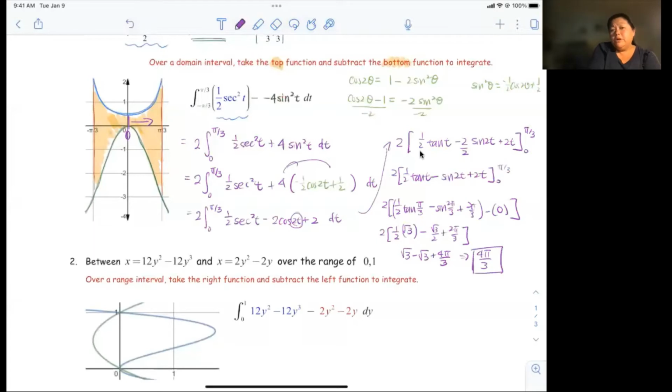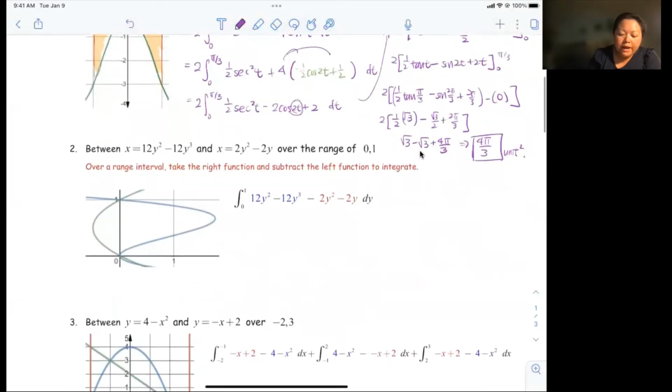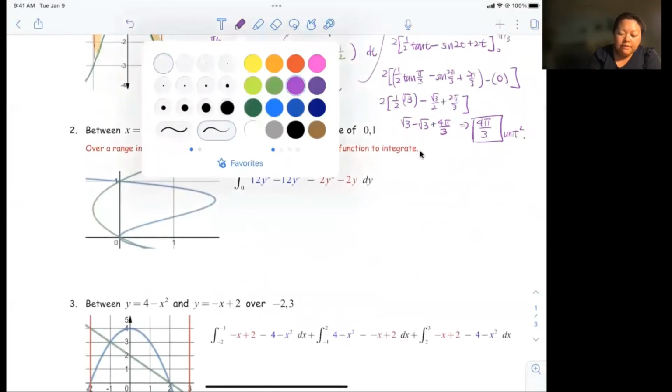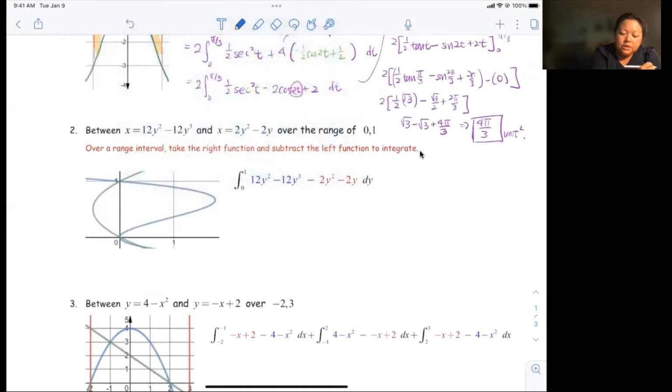You can put unit squared. If it doesn't ask you for the unit, you really don't have to care too much about it. But again, if you want to be really careful and watch out for everything, you can put unit squared here. It will be more essential that you put the units in once we are comfortable with this concept. Okay? All right. So now in the second problem here, it says x equals 12y squared